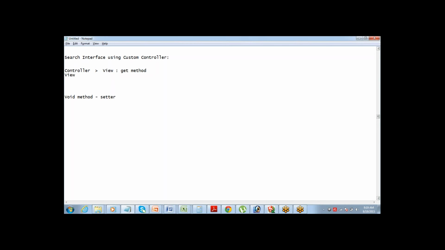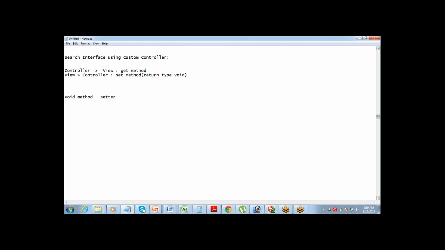Now we are going to talk about view to controller. For this we need a set method, and the set method should have return type void.